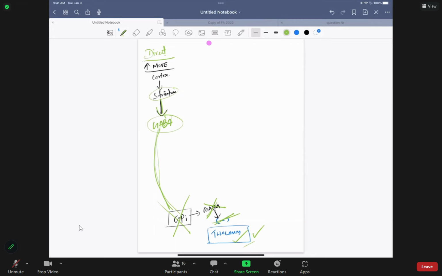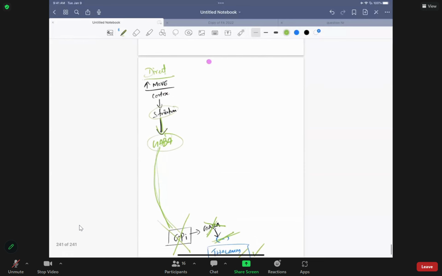Everybody clear, folks? Okay. Now, when somebody is in the move constantly, you need to stop a move, folks, okay? So let's say you are walking on the street, right? And you see a huge wall in front of you. Are you going to just keep walking on the wall? No, you need to stop. Otherwise, you will hit the wall, isn't it, folks? So then we need to stop the move. I need to stop the move. Okay? We need to stop the move.